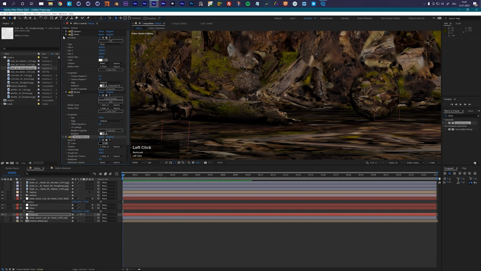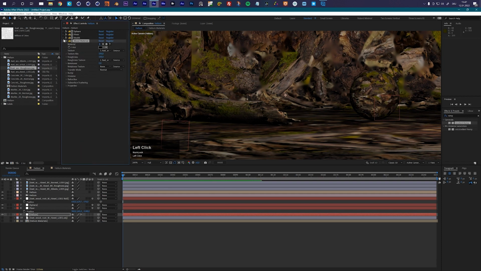So let me just collapse these to make this a bit more obvious. What we have here is now three models. I can rename this to my log. So I have my sphere, my floor, and my log, and then I have this material. And because of the order of operations in Helium, the material gets applied to all of my elements that are above